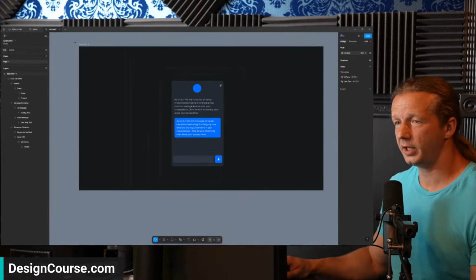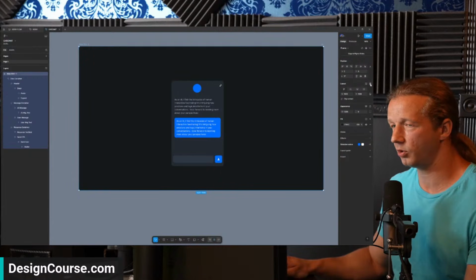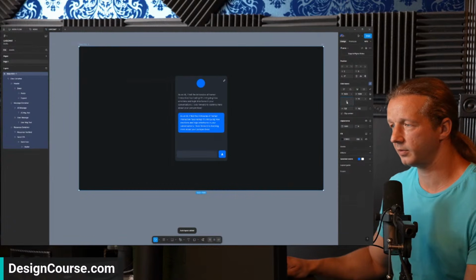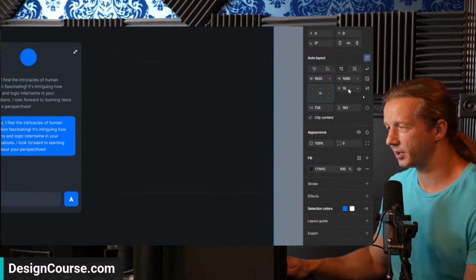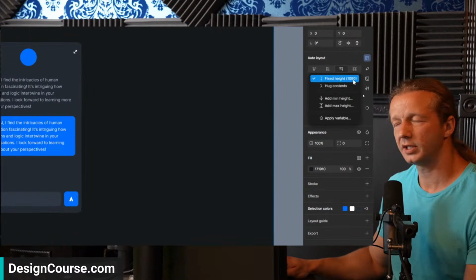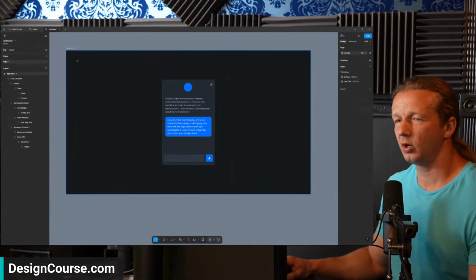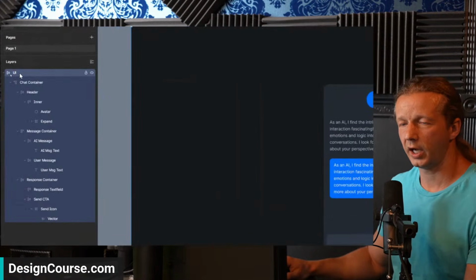What you could do is also take the overall frame and make that an auto layout as well. Might as well. So you click auto layout or shift A, and we're going to center it. And there we go. Now you'll notice here, we have some weird things like huge values for padding and all that stuff. Since it's the overall frame, we're going to leave that at these values and then we'll fix it thereafter. Okay. So now what we do is, I'll call this UI, and this is going to be the frame